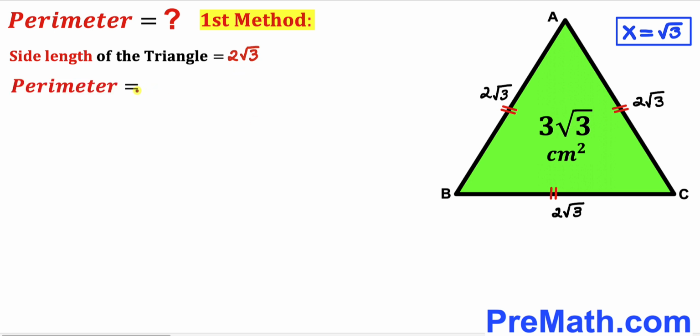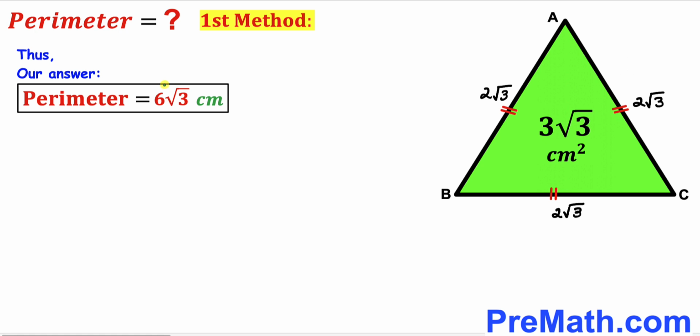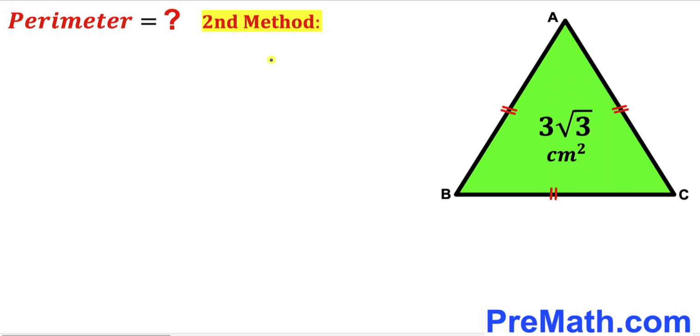So therefore the perimeter of this triangle ABC is going to be the sum of all these 3 side lengths: 2 times square root of 3 plus likewise 2 times square root of 3 plus 2 times square root of 3. And if we add them, that is going to give us 6 times square root of 3 centimeter. So thus the perimeter of this triangle turns out to be 6 times square root of 3 centimeter by using the very first method. And now I am going to share with you the second method, and we will be